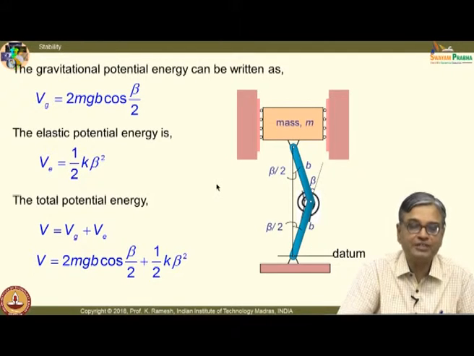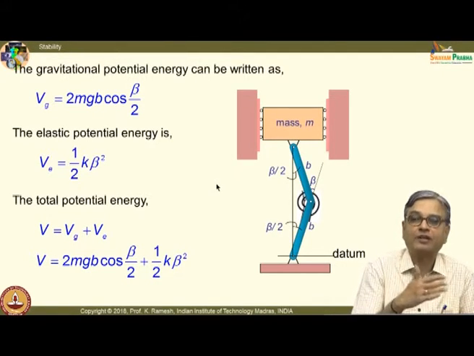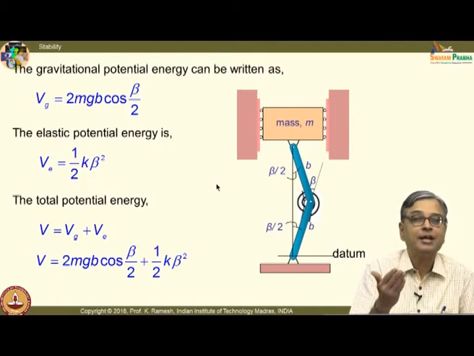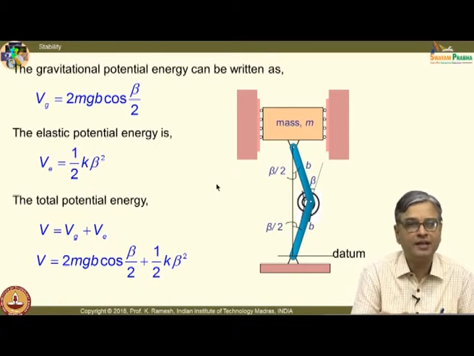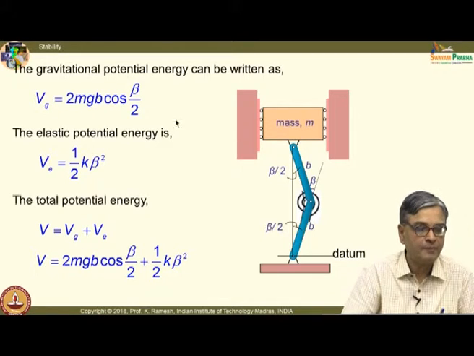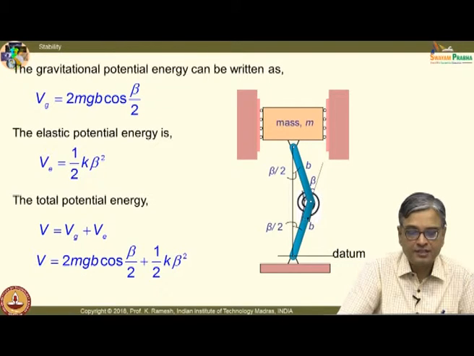In all your problems dealing with energy, where you have to calculate the gravitational potential energy, precisely indicate the datum position. If the datum position is different, all your calculations will be appropriately modified. And you have the spring, the stiffness is given as K. Usually stiffness is given by the small k; in the problem statement it is put as big K, but in the problem solving it is taken as small k. I think you can understand it based on the context.